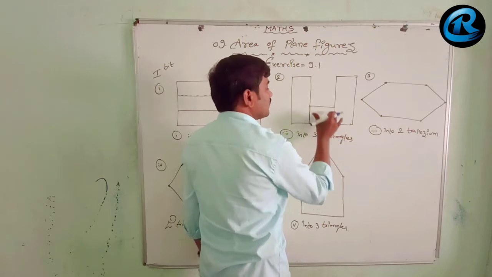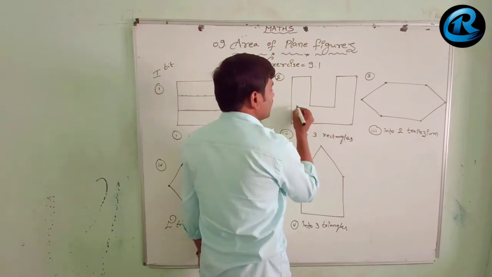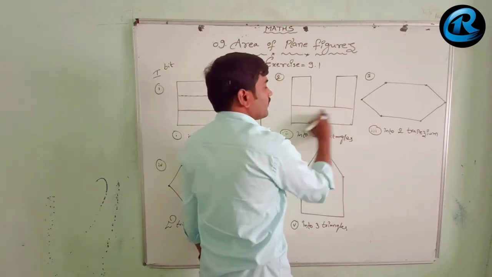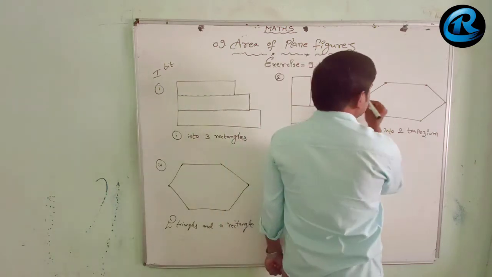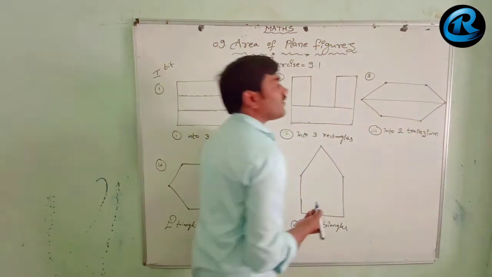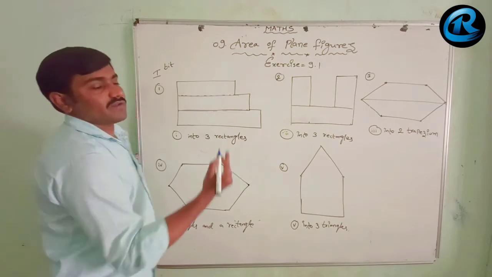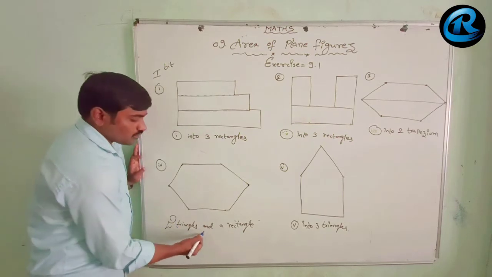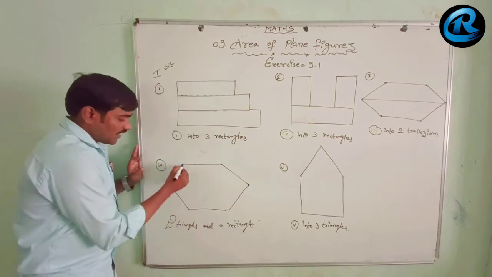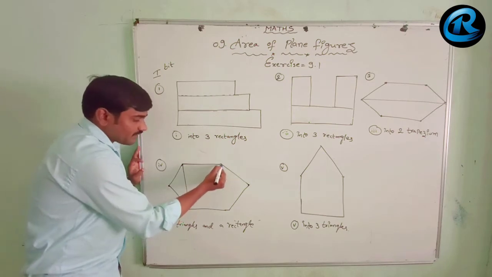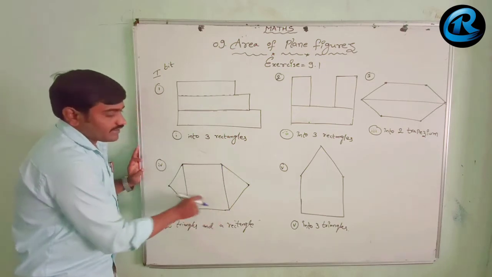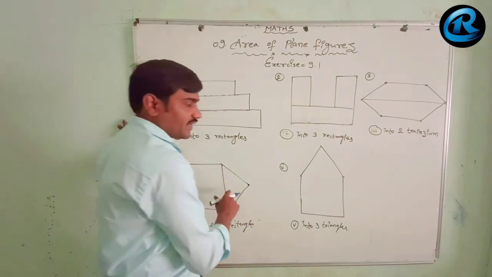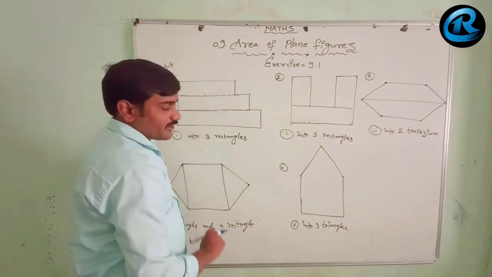Or else you can go for a line like this. It will also be 1, 2, 3 rectangles. However you can join, no problem. Then it will be into 2 trapeziums. If you need 2 trapeziums, definitely we have to draw one horizontal line. Then there will be 2 trapeziums, here one and the bottom one. And here 2 triangles and 1 rectangle. 2 triangles are required. See, here one triangle is formed and here also one triangle is formed. The middle one will be a rectangle. The shape looks like a square but it's a rectangle and might not be drawn properly.